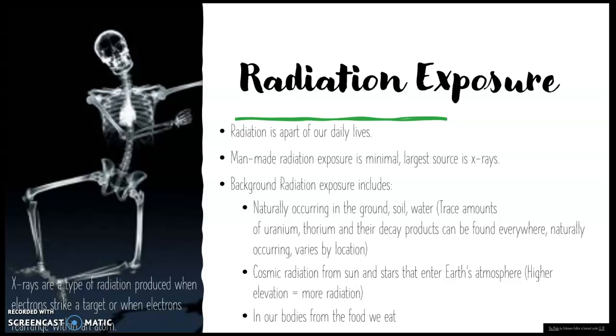Terrestrial radiation levels vary by location, but areas with higher concentrations of uranium and thorium in surface soils generally have higher doses. So that just depends. Our bodies contain small amounts of radiation because the body metabolizes the non-radioactive and radioactive forms of potassium and other elements in the same way.